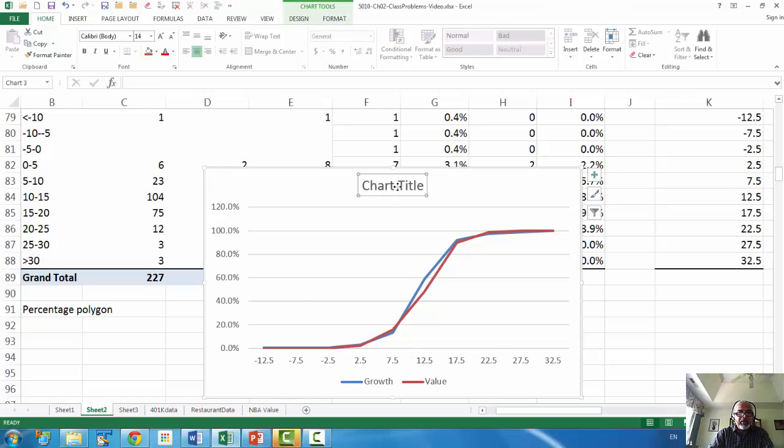The chart title is 1 year return cumulative percentage polygon for 1 year return. Let me put it that way, for 1 year